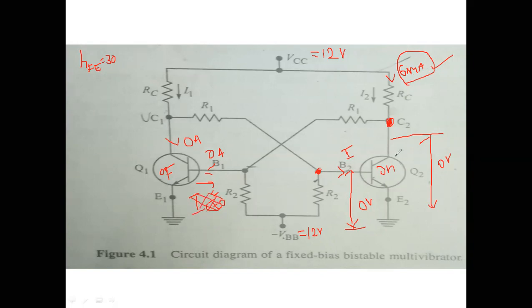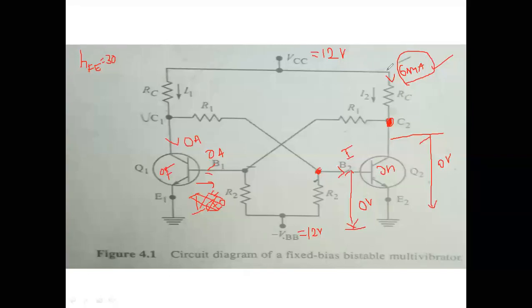But this current is constant, since for the on transistor a fixed resistance or impedance will be there. Therefore the current will be constant, and we can assume this current. I am assuming it as 6 milliamperes. You can take any value here, and accordingly you may get the answers. If I take 10 milliamperes, then this RC value will change, and you may get another value of RC.